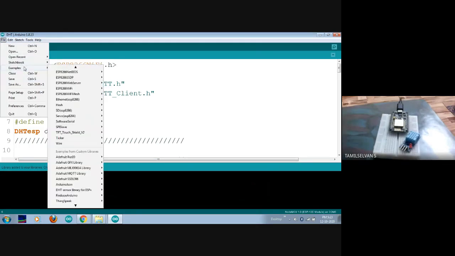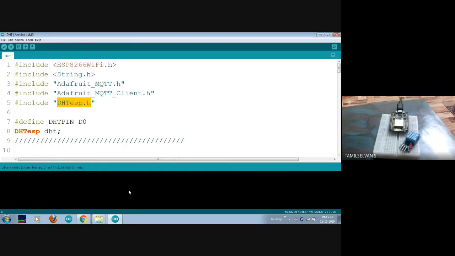You can go to Examples and find the DHT sensor library: DHT for ESP32, DHT for ESP8266. Likewise, they will be listed for different versions of your controller.